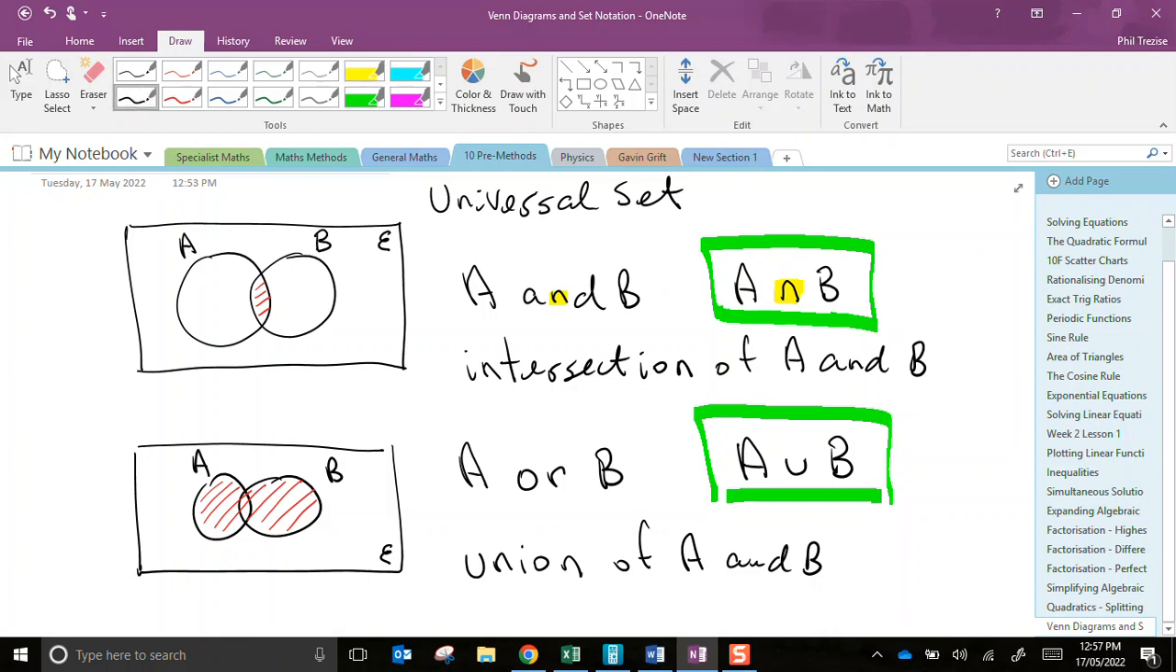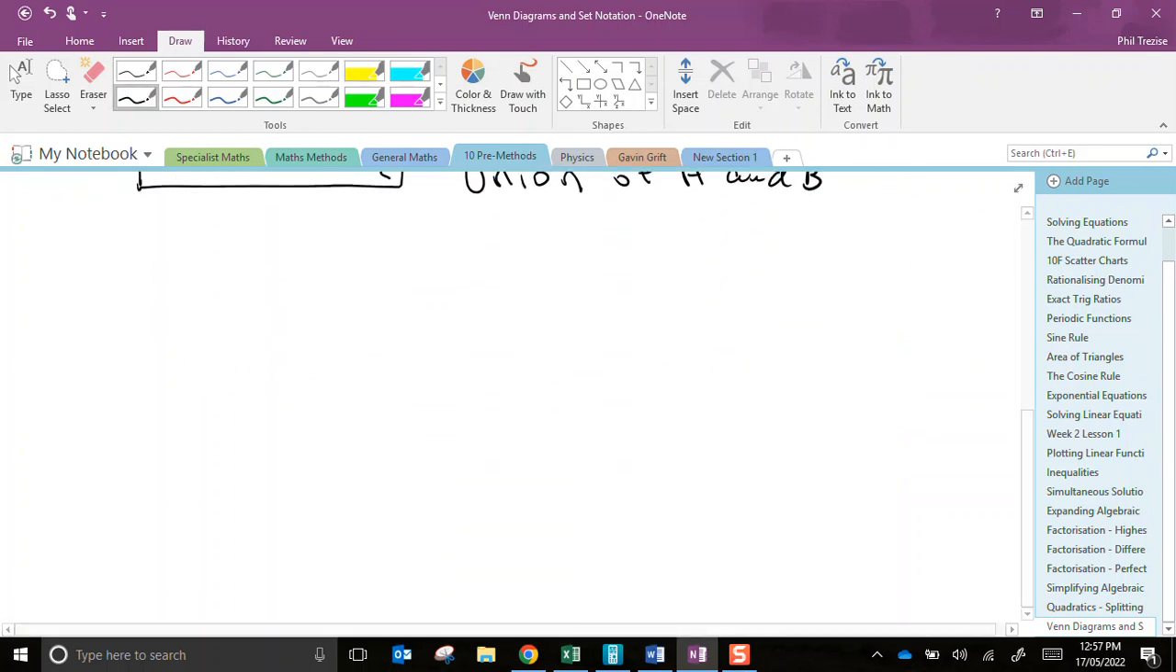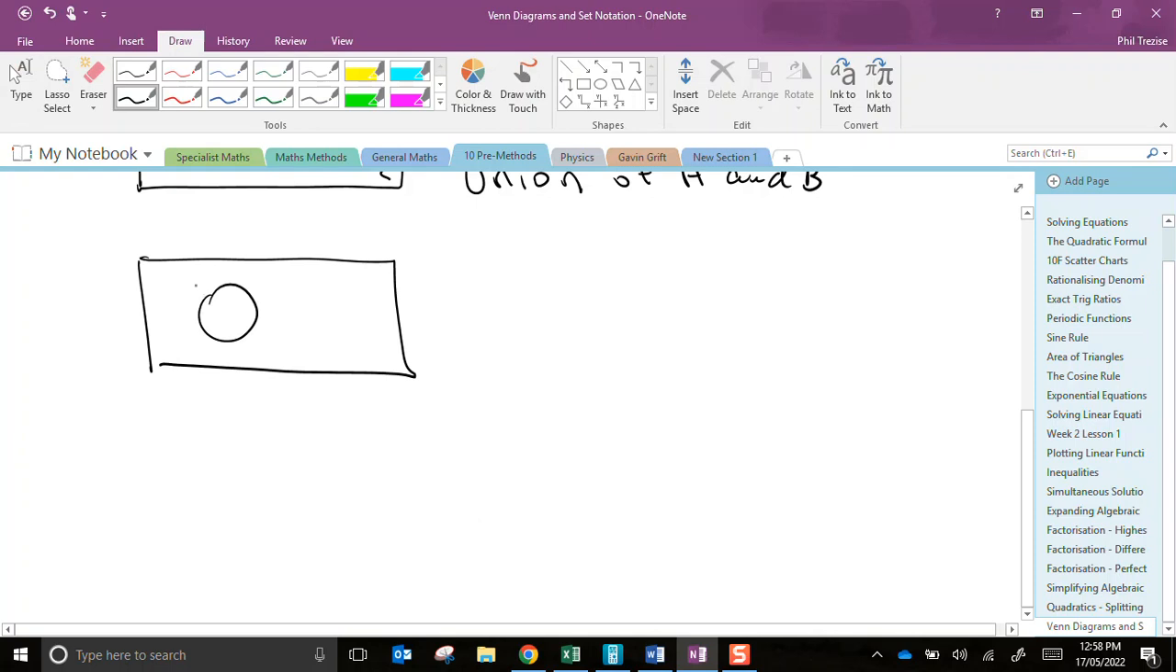Now that's not the only thing. Those are two very important things. There are other relationships that we need to know about sets. So let's have a look here. That could be set A. Let's have set B again and the universal set. Now, what if this time I shade